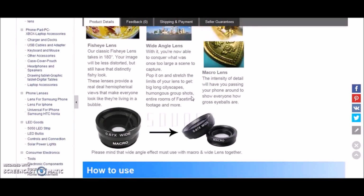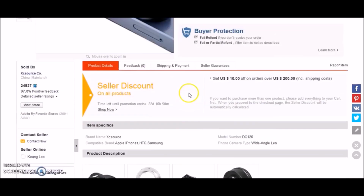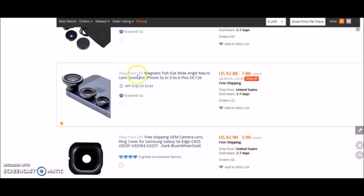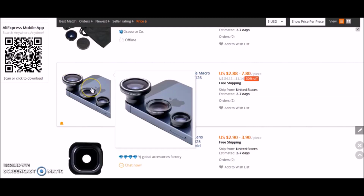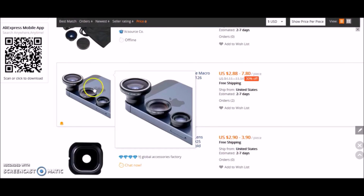Okay, so this basically turns your cell phone camera into a wide-angle lens. This is actually kind of a neat product, and if you can pick it up for $7.80, I could see being able to sell something like that for $15. Now, again, if you were to go to Alibaba and find your own wholesaler and buy this product,